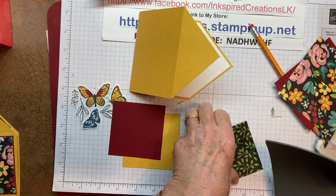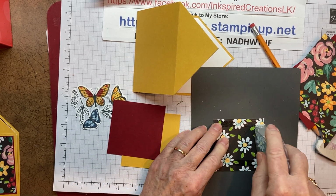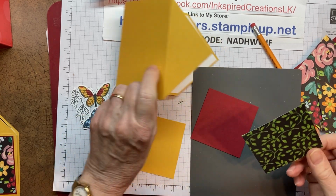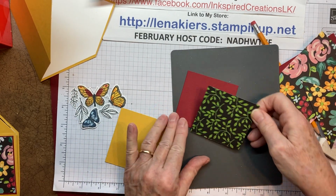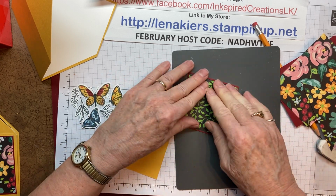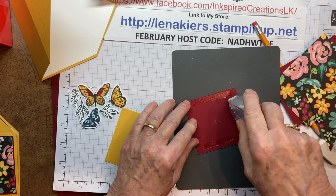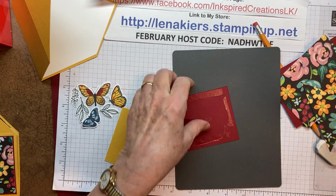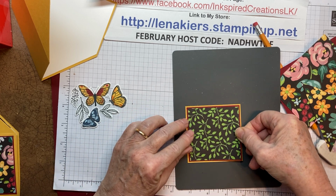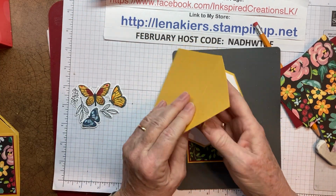And I should actually be using this so I don't get adhesive all over my paper. So just a very tiny edge. And I'm using the Stamp & Seal. It's a nice strong adhesive. There we go. Now we want to glue this,